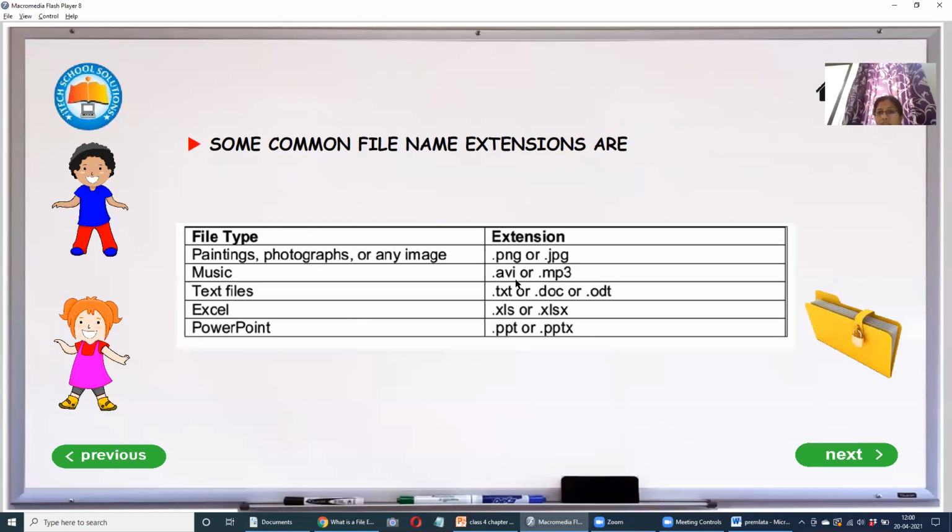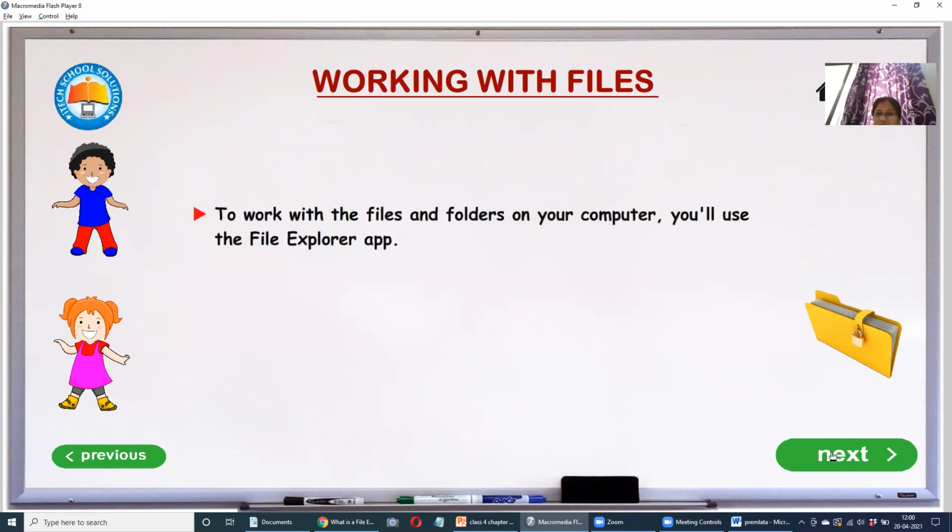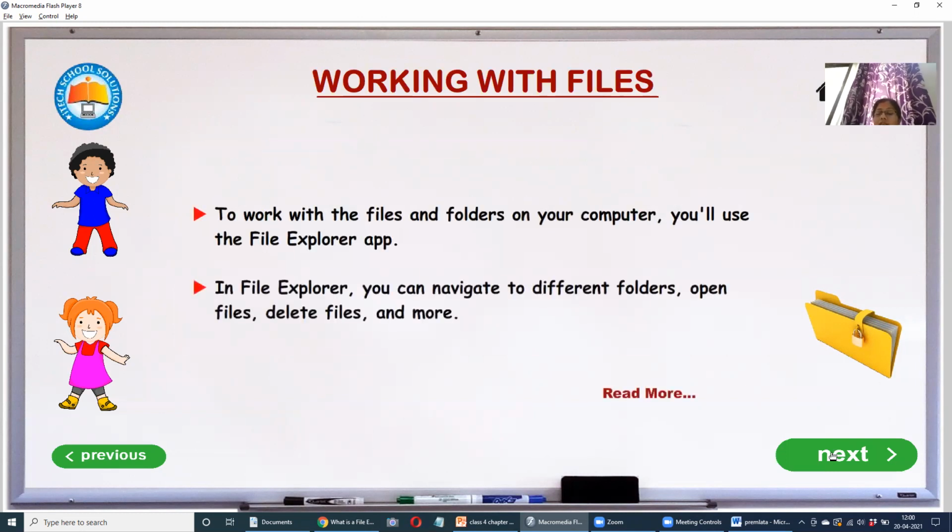Every software is having a different extension. Excel, .xls or .xlsx. PowerPoint presentation, .ppt or .pptx. So likewise, we give different types of file extensions as per the information which we are having in that particular file.